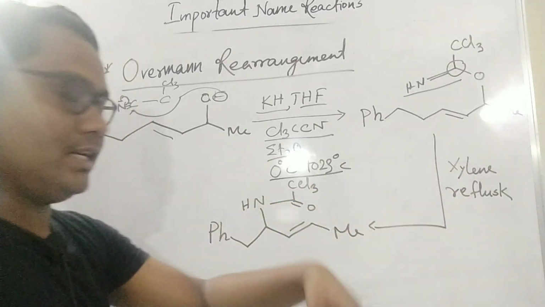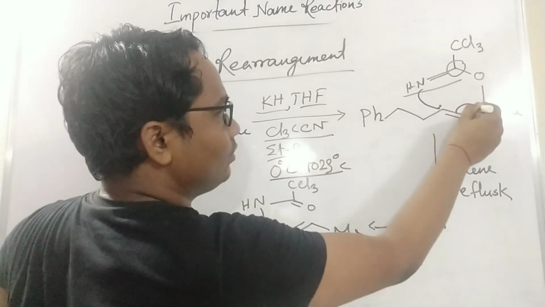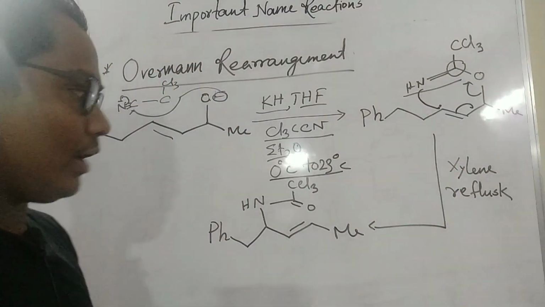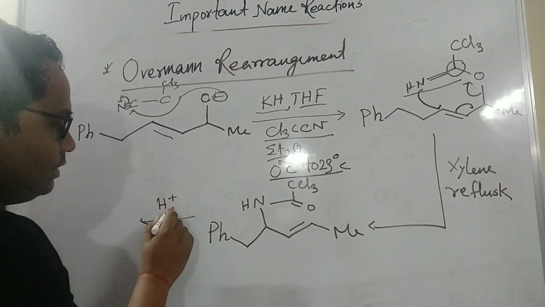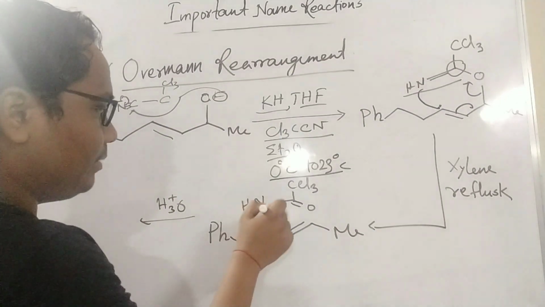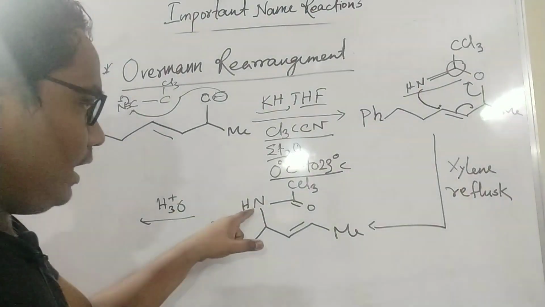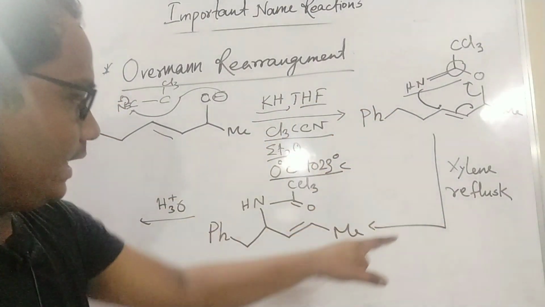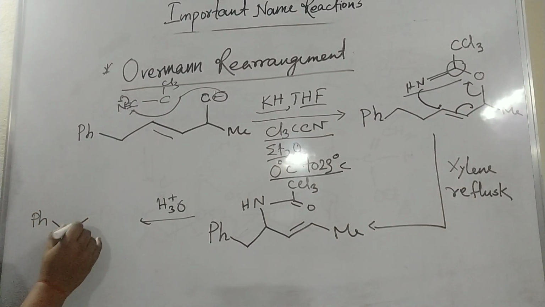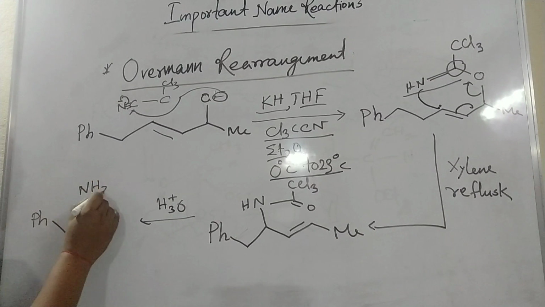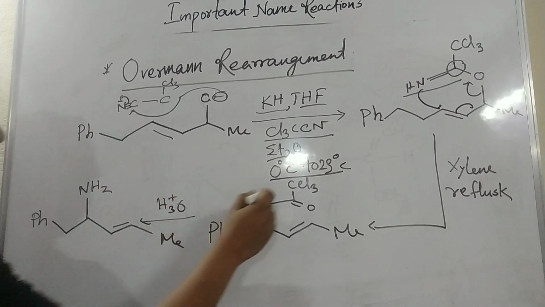Then in xylene and reflux, means in heating condition, it will form that. What will be formed? Then it will come there, it will go there, and it will go. So this is the product. Okay, again what is the purpose? Again, if you hydrolyze and clip this bond, then the amine will come. So that's why this reaction is used for simple shifting of an N group from this reagent, and this will give this, what will be the product, Ph, and then NH2, then Na. So this will be the product, this will clip.